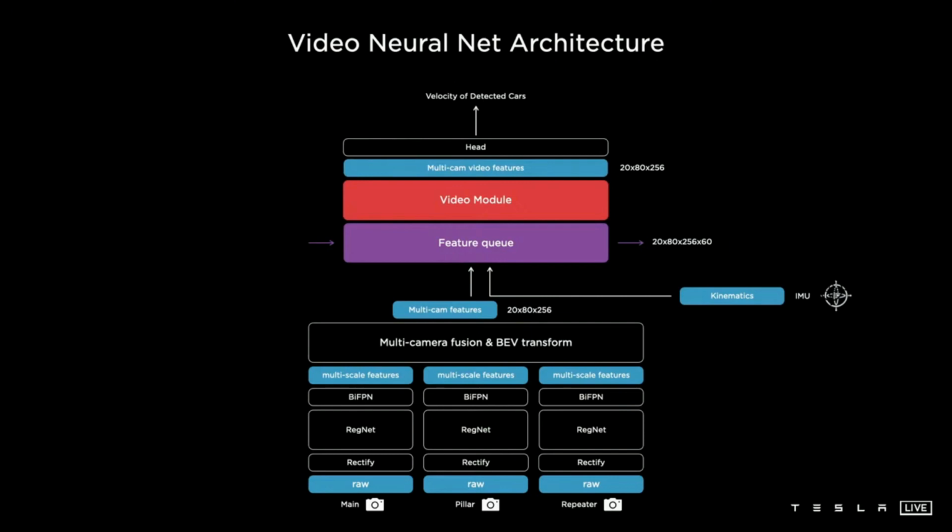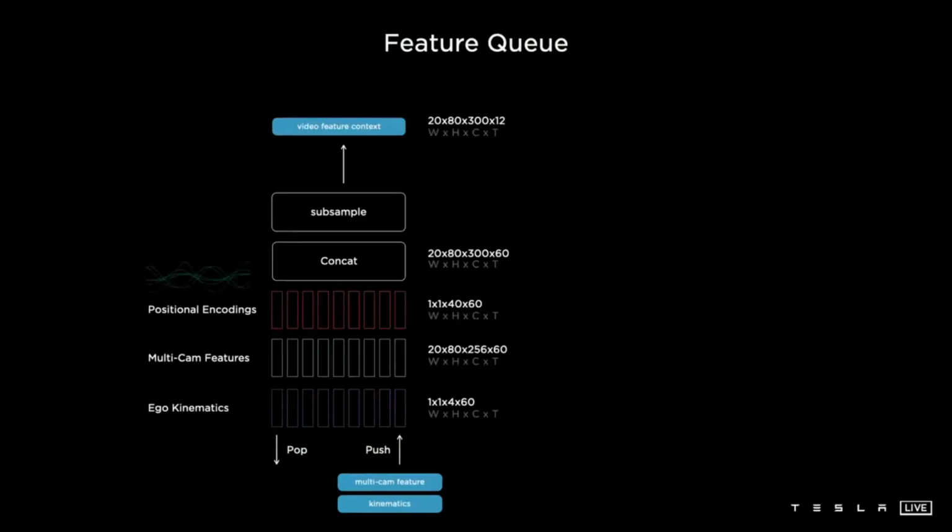Now, I'm going to go into both of these blocks one by one. Also, in addition, notice here that we are also feeding in the kinematics. This is basically the velocity and the acceleration that's telling us about how the car is moving. So not only are we going to keep track of what we're seeing from all the cameras, but also how the car has traveled. So here's the feature